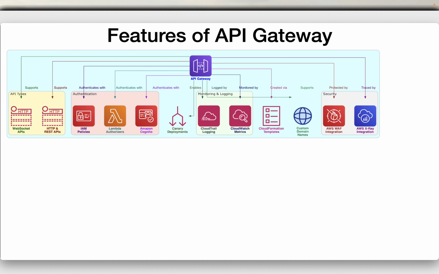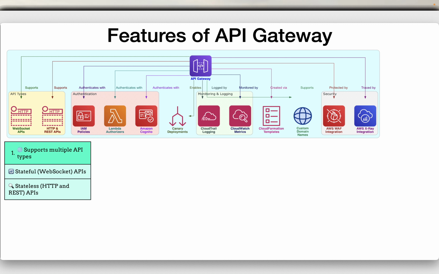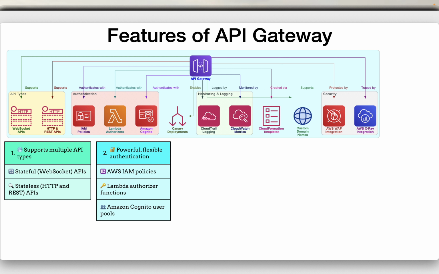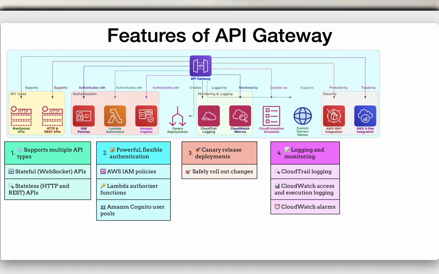Features of API Gateway. One, its support for stateful, which is WebSocket, and stateless, which are HTTP and REST APIs. Powerful, flexible authentication mechanisms such as AWS Identity and Access Management policies, Lambda authorizer functions, and Amazon Cognito user pools. Canary release deployments for safely rolling out changes. CloudTrail logging and monitoring of API usage and API changes. CloudWatch access logging and execution logging, including the ability to set alarms,